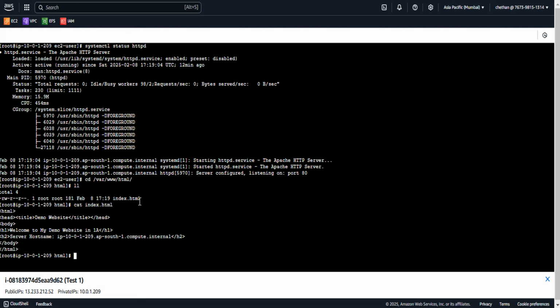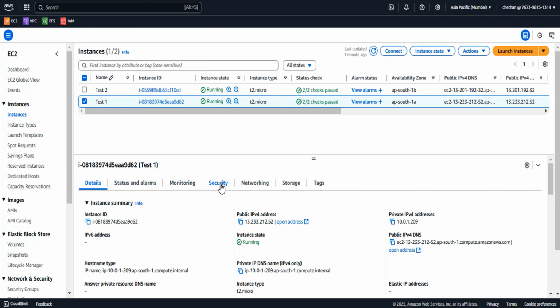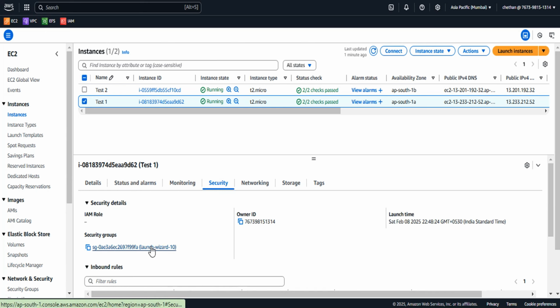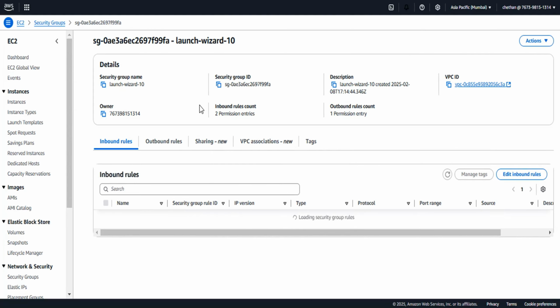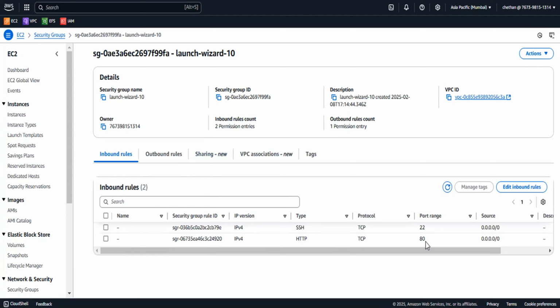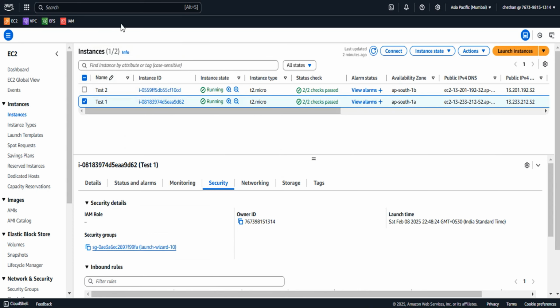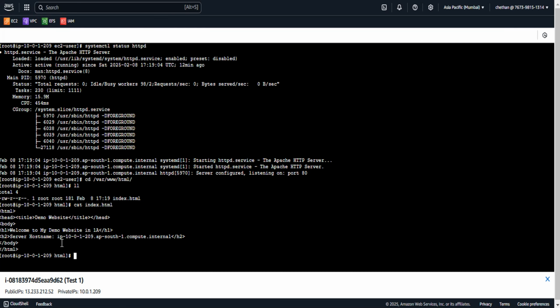It has taken the host name, if you see here, but still I'm not able to access this website server. So what would be the cause? Let us check the security group. Okay, so 80 is also allowed. Let me go back. As we check now, everything is in place, but